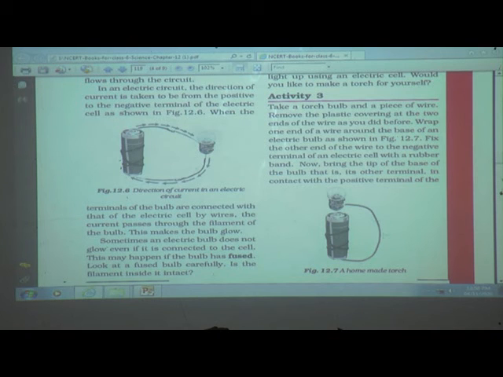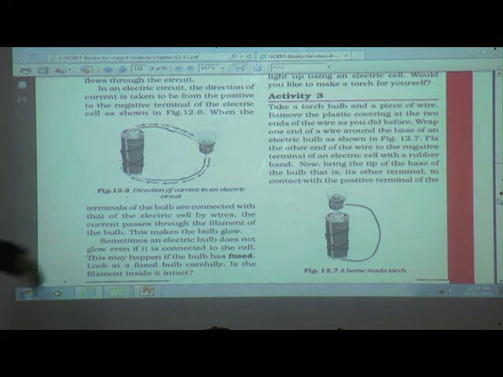Fix the other end of the wire to the negative terminal with a rubber band. Now bring the tip of the base of the bulb, that is its other terminal, in contact with the positive terminal. Here, can you see? So make proper arrangement, students.